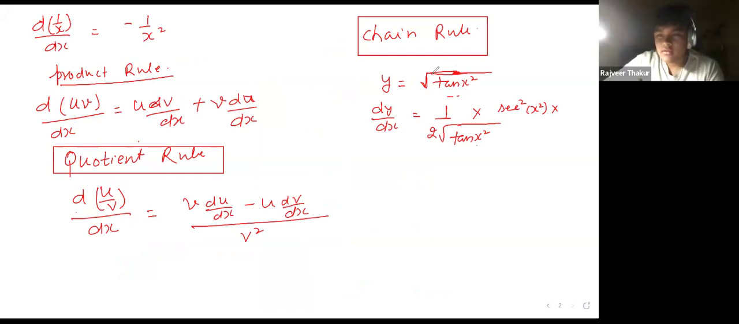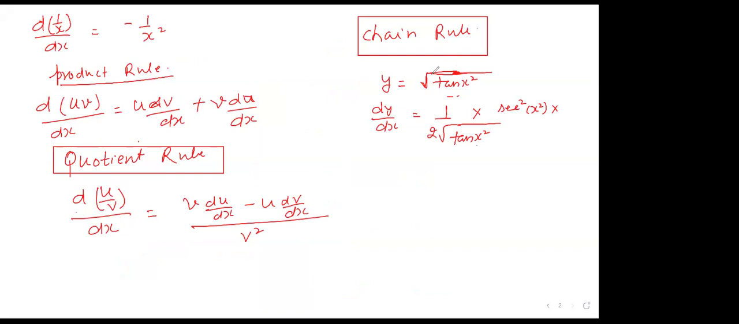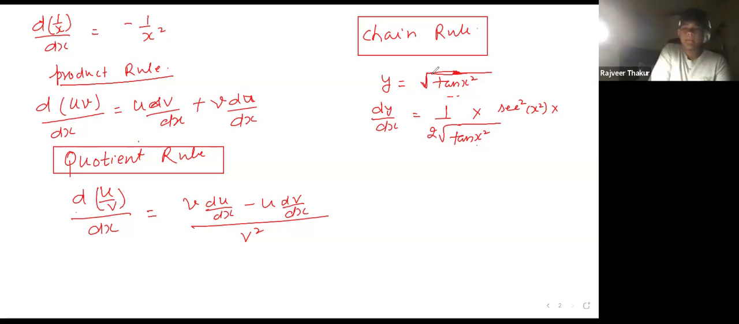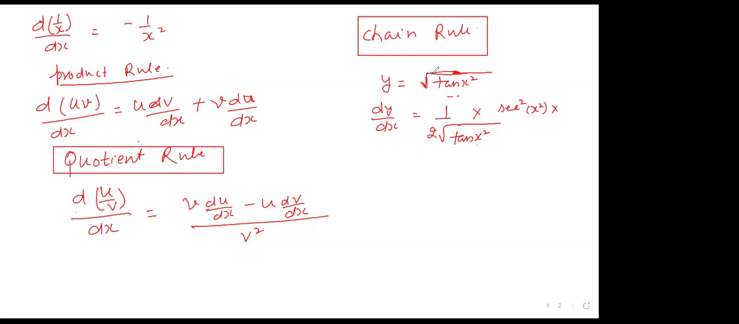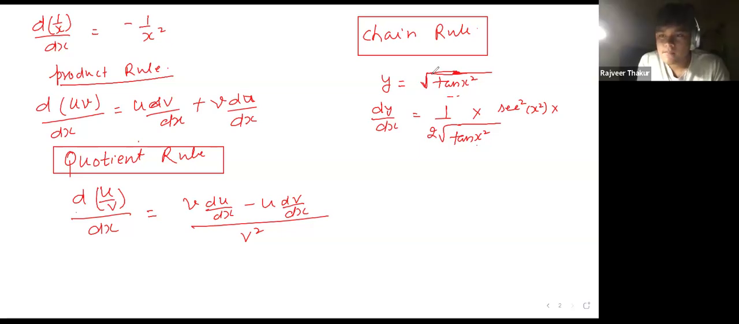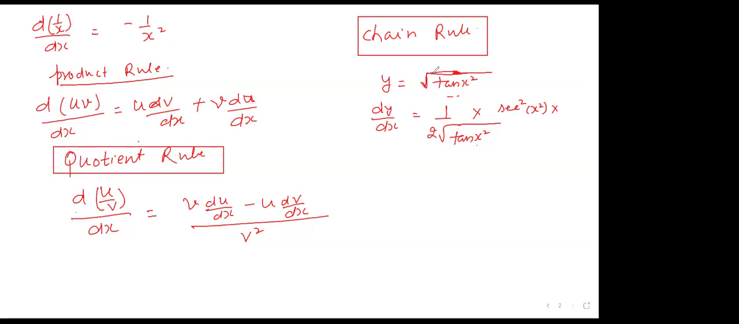Sec squared. हाँ, सिकेंड को सेक लिखते हैं, साइन कोसाइन, कोसाइन का रेसिप्रोकल होता है सिकेंड, है ना। तो tan x का डेरिवेटिव होता है sec²x। तो x की जगह क्या है, x² है, तो x² के डेरिवेटिव से भी मल्टीप्लाई करेंगे, 2x, x² का डेरिवेटिव 2x होता है ना।